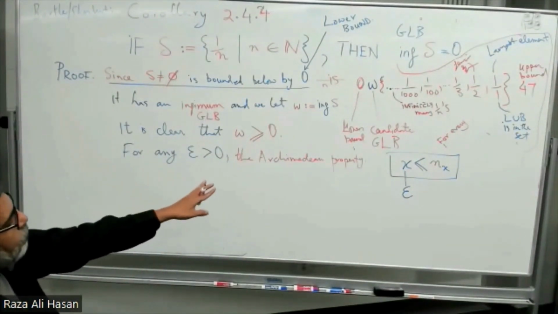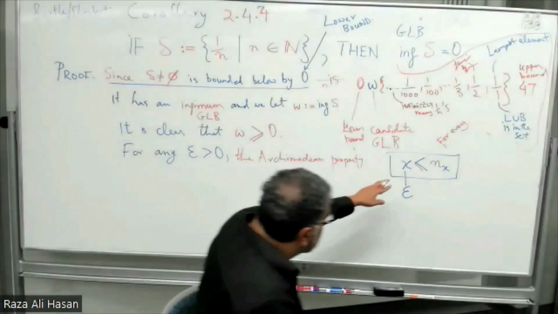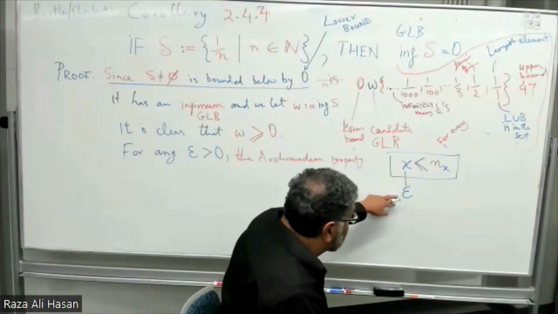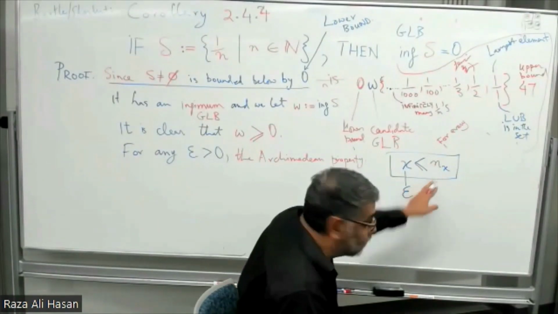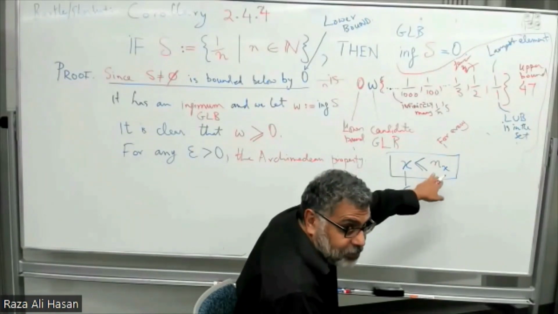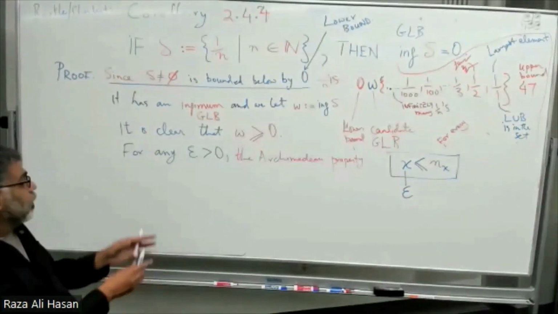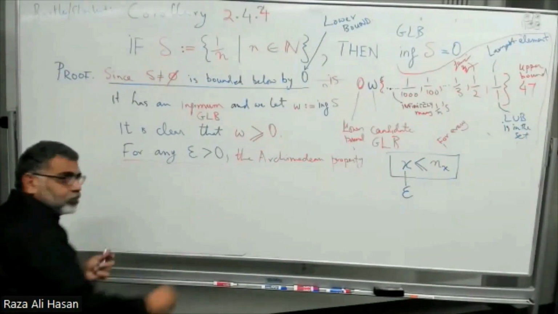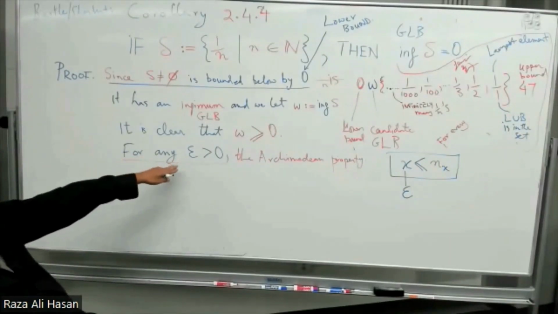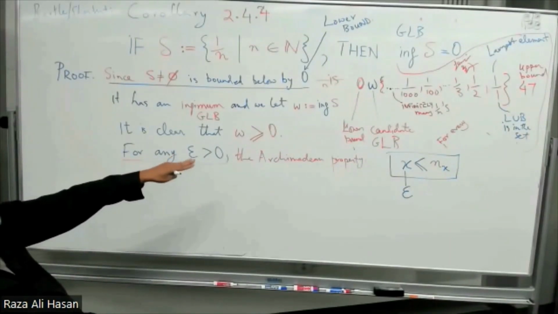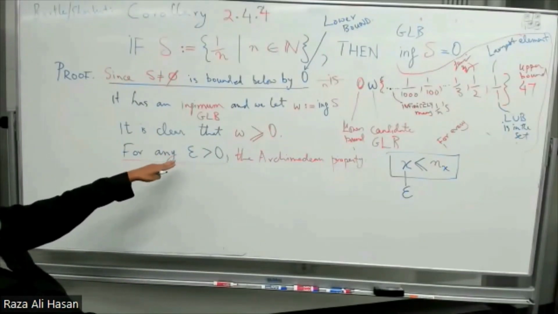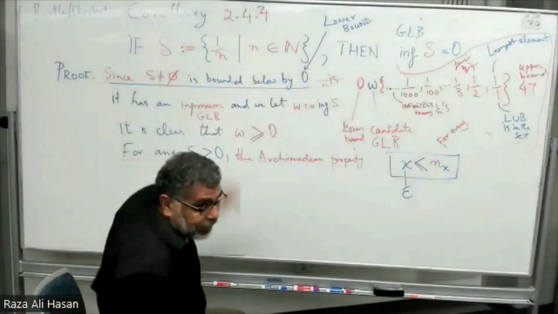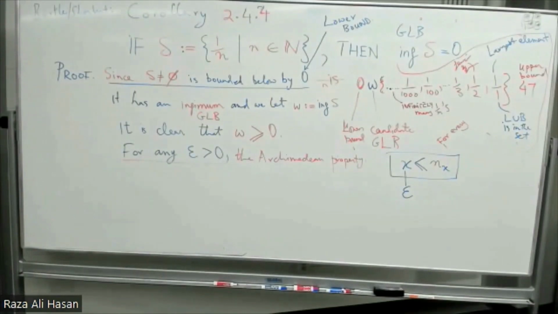For any epsilon, if you have a real number X or a real positive number epsilon, then there will exist to the right of the epsilon a natural number. So they get to apply this property by just writing this. They write this and they go, look, this is a positive real number. And the Archimedean property says that to the right of any positive real number there will be an n. So they can bring in this n here. Okay. And so they go, implies